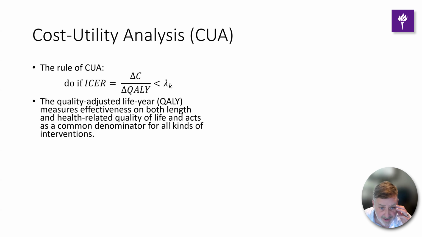The quality adjusted life year, or QALY, measures effectiveness of interventions on both the length of life, mortality, and health-related quality of life, or morbidity. So length and quality of life get put together in a single measure of quality adjusted life years. And therefore it can act as a common denominator for all kinds of interventions. Any intervention that either affects length of life or quality of life can be compared to one another using a